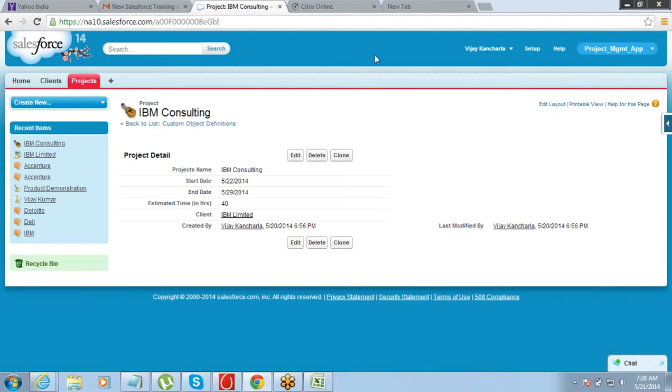No, see, that is when you want to create a master detail relationship, not for lookup. In case you want to create a lookup, it would have got created easily. But when you want to create a master detail relationship, it is important that you do not have any data in the child object. If you have data in the child object, then it cannot create a master detail relationship. So for that reason, there was just one record under project that I created yesterday. I deleted that record and then I created the master detail relationship. Correct?